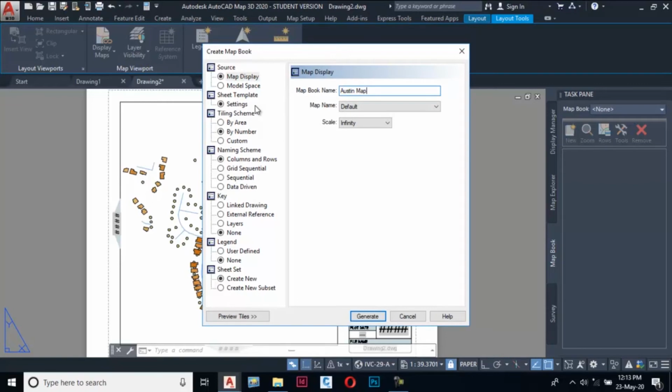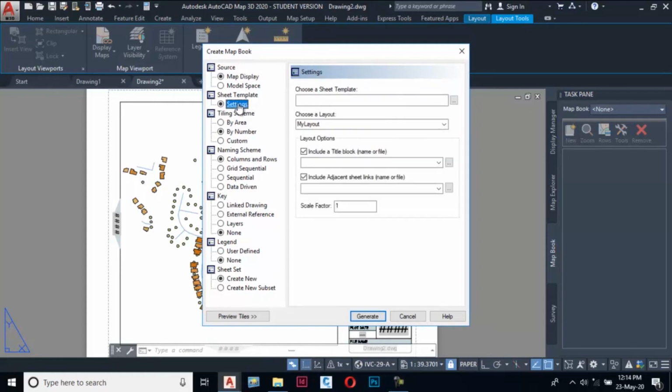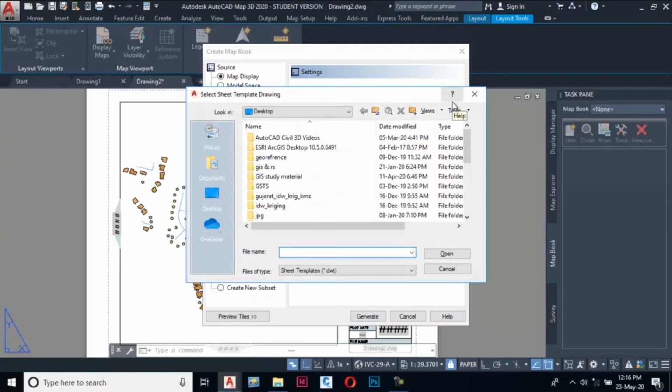After that, select Settings Radio button in the Sheet Template node if not selected by default. And then click on Settings. The options corresponding to the radio button are displayed in the right pane. Now, choose the Browse button next to Choose a Sheet Template Edit box. The Select Sheet Template Drawing dialog box is displayed.